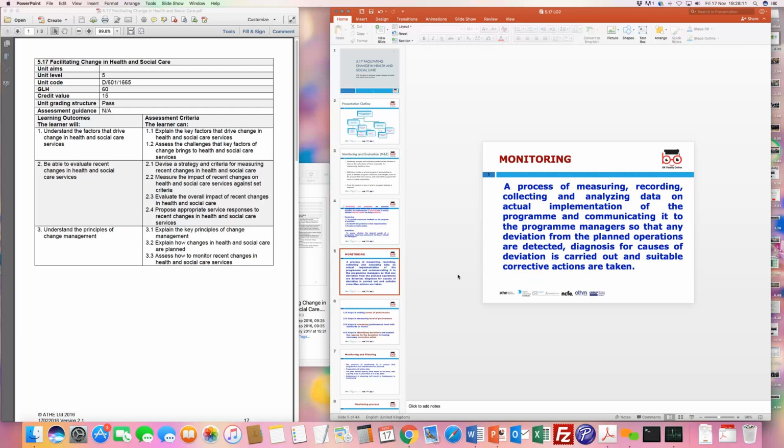So if you imagine within the healthcare context, if we have a new machinery or new equipment being introduced, say a new MRI scanner, the only way that we can actually see that the new equipment is better in terms of its performance or providing results as against the previous one which was being used, if and only if we do a pilot phase in terms of running a trial. In other words, we do a bit of monitoring to see if it is recording, measuring, collecting, and analyzing data as per the standards required